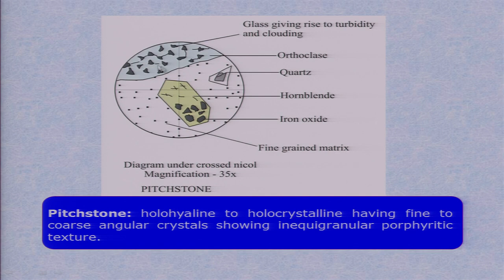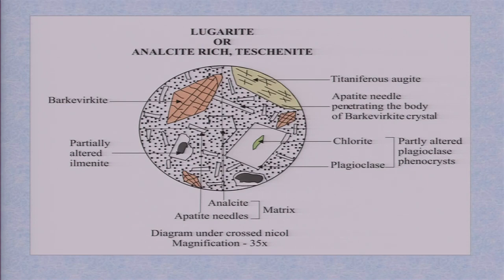Here the entire glass has undergone alteration, and as a result of alteration it is giving rise to turbidity. So, this is a slide of pitchstone. Another glassy rock which I am showing here is lugarite or analcite-rich teschenite, that is also a glassy rock